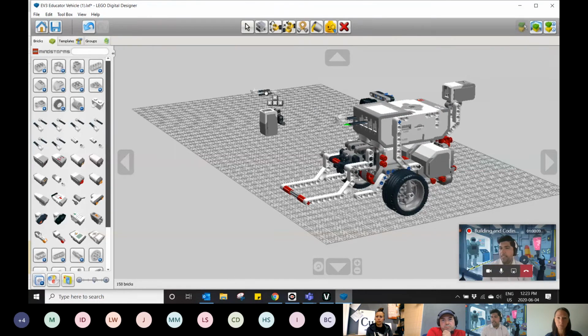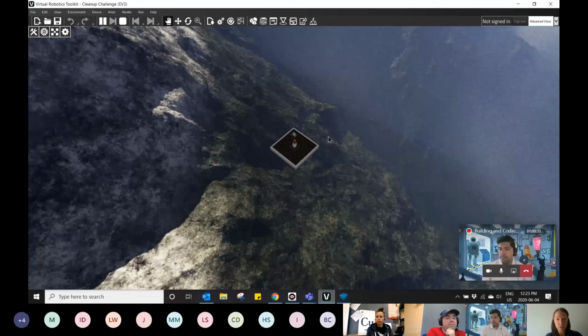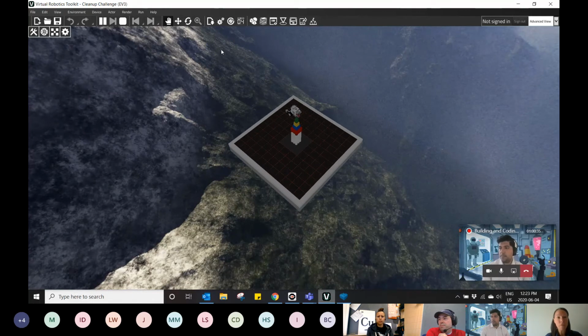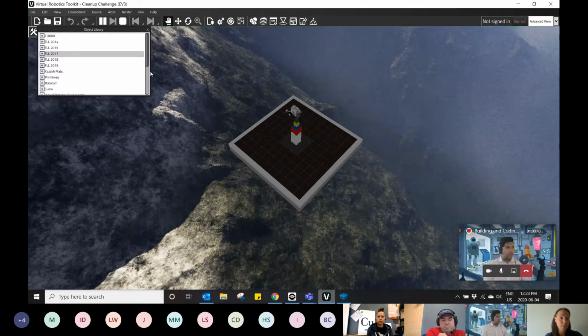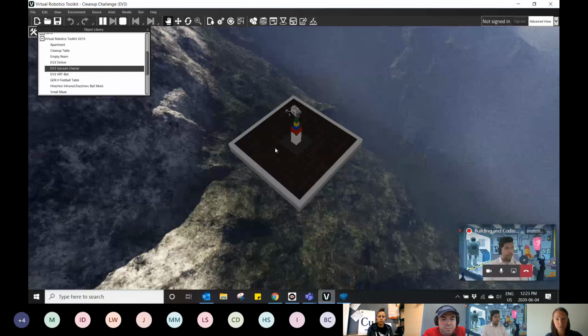So another question came up is, Annika, are you able to add multiple EV3 robots in the same environment? You are, yeah. So yes is the short answer. I'll show you really quickly how that can happen. There's an objects library. The robots are sort of hidden in here, but I know that there's one in here. So if I wanted to use a robot called EV3 vacuum cleaner, I could actually drag it out of the objects library and into